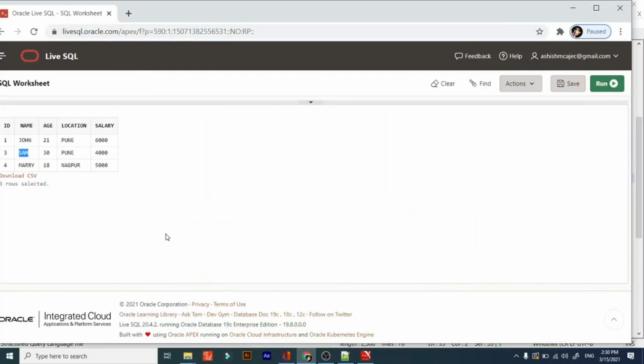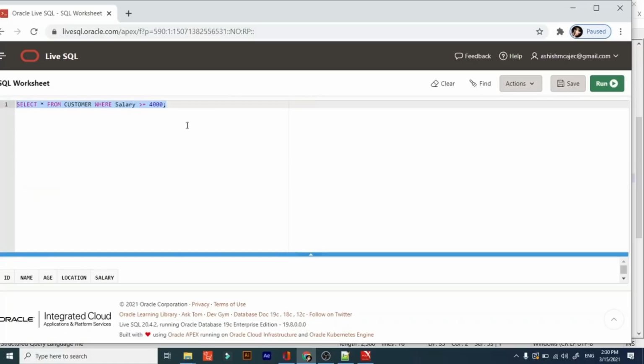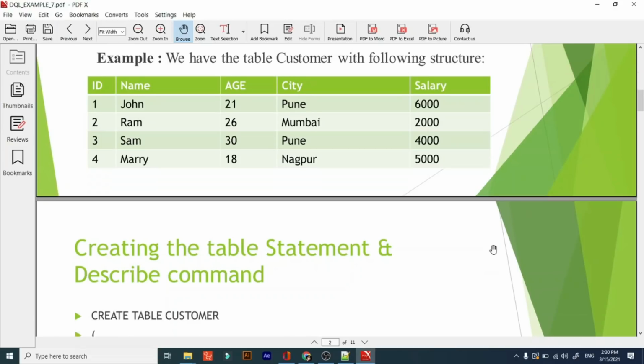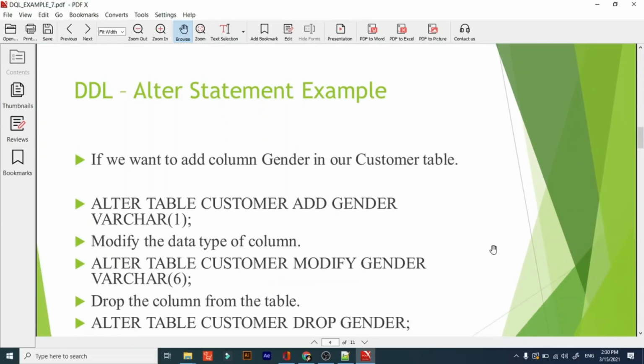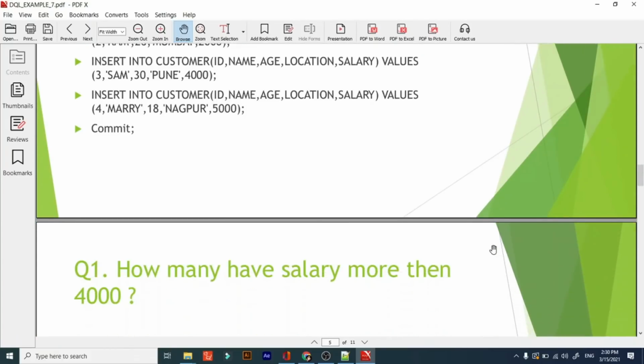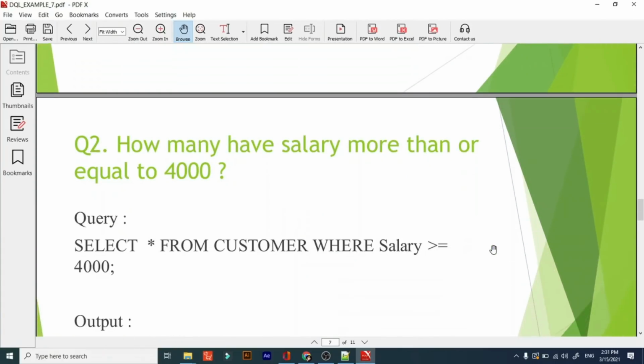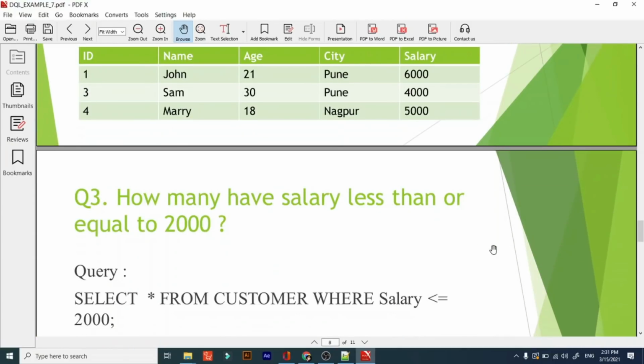So Sam has also come, whose salary is 4,000. So we have received 3 records in our result set. So this question we have answered.